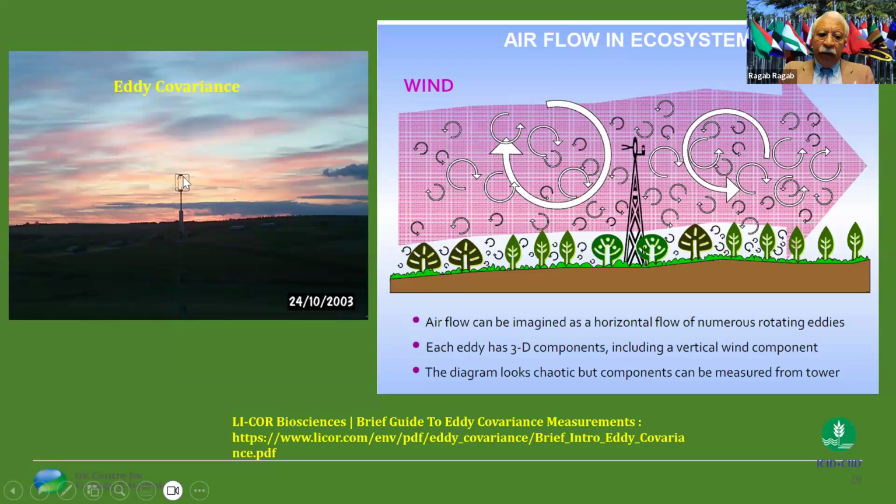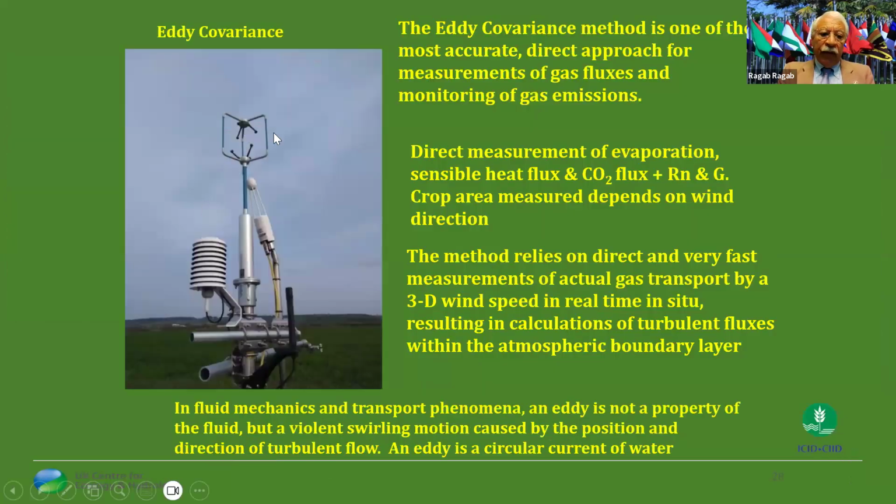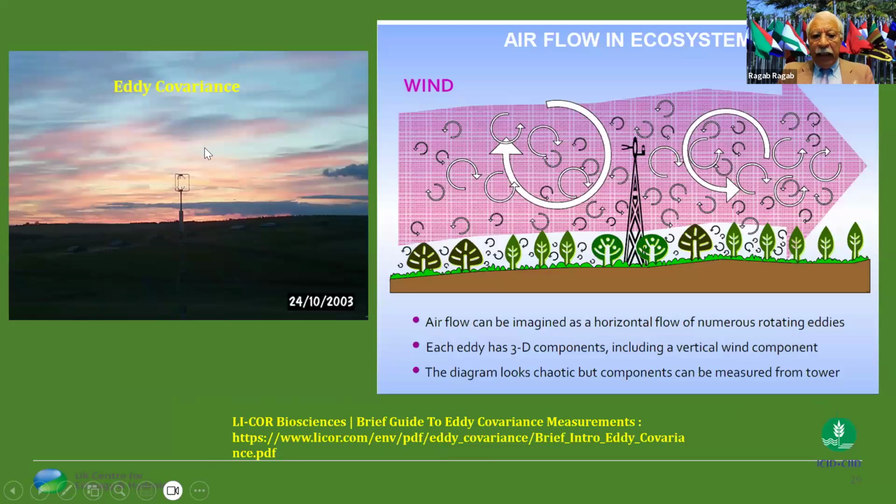And those sensors here that you see in the picture, when the flux goes in between those sensors, the horizontal flux, they measure the evapotranspiration. That horizontal flux is eddies, and those eddies move with the direction of the wind, and we can calculate the change in the airflow within those sensors.